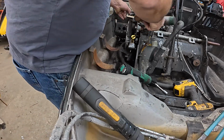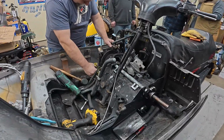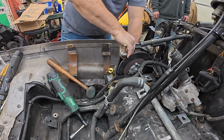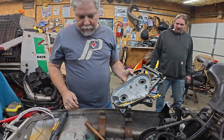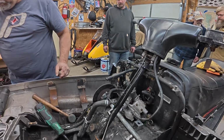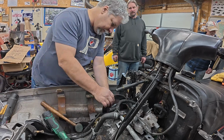Oh, there we go. Yeah, it's coming off. Little persuasion. Just gently remove the chain case. Back to that nice smooth away. There we go. No big deal. Doesn't look bad. No, we might actually use this chain case for the reverse kit. I don't know. All right, so now